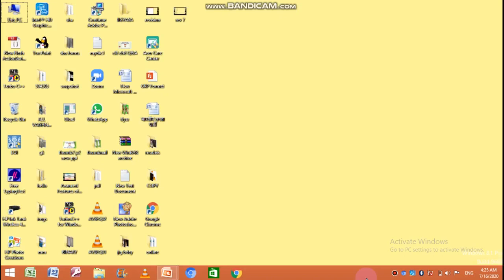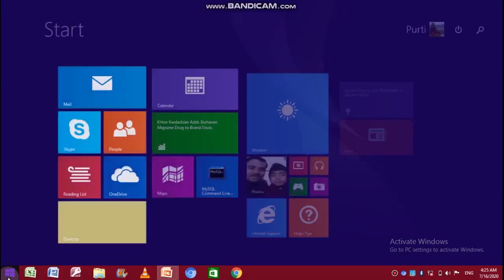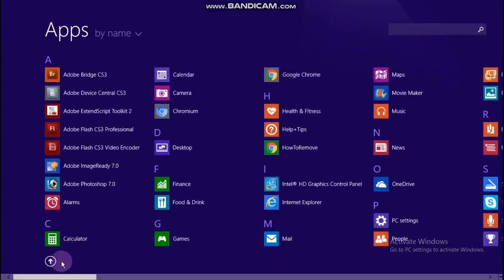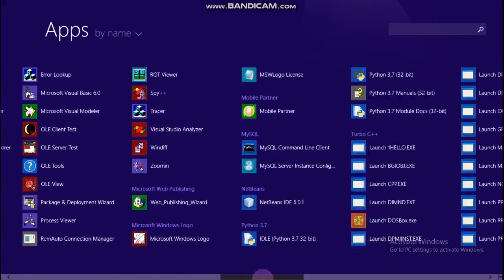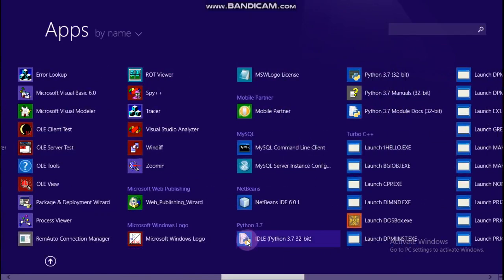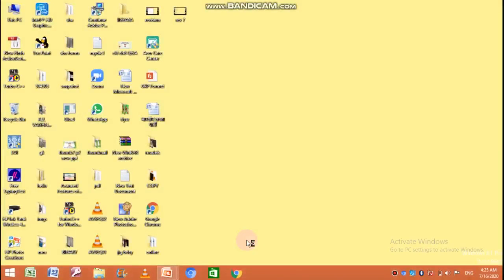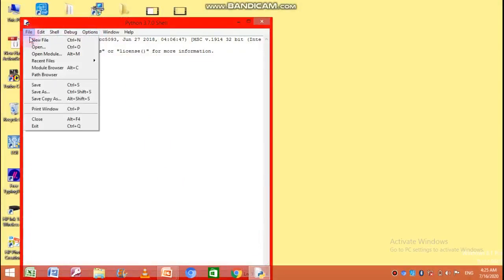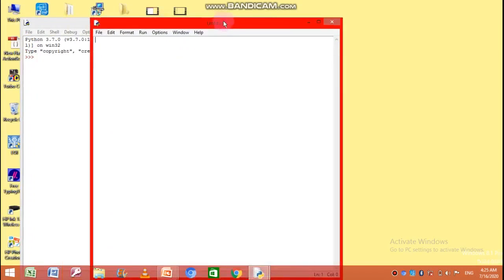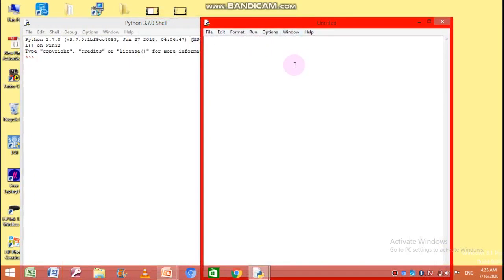So let us start. First of all, open Python IDLE. Go to start and then find out Python IDLE in your programs group. Click on it. The Python shell will be opened. Let us open a new file. The script mode will be open, and here is the first program